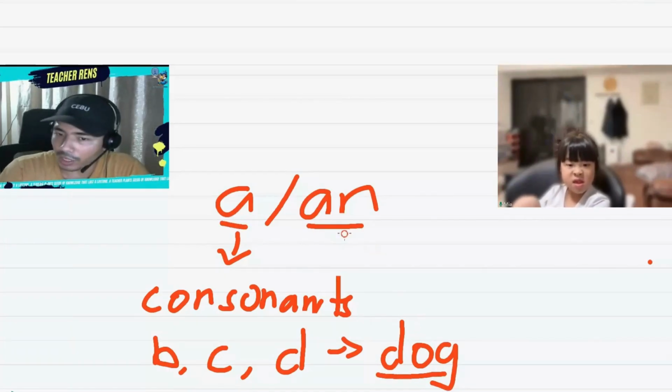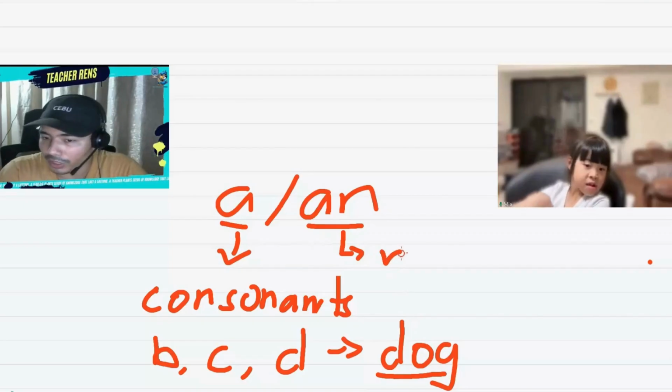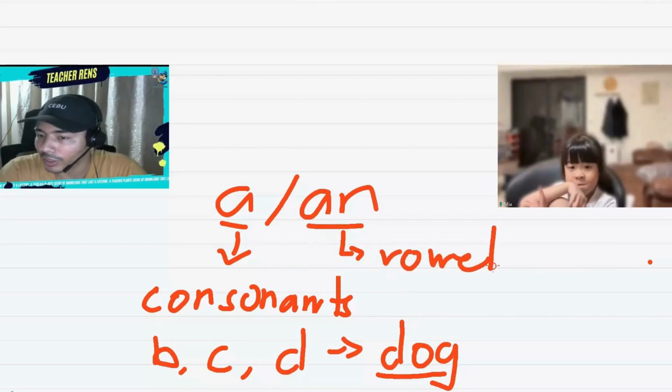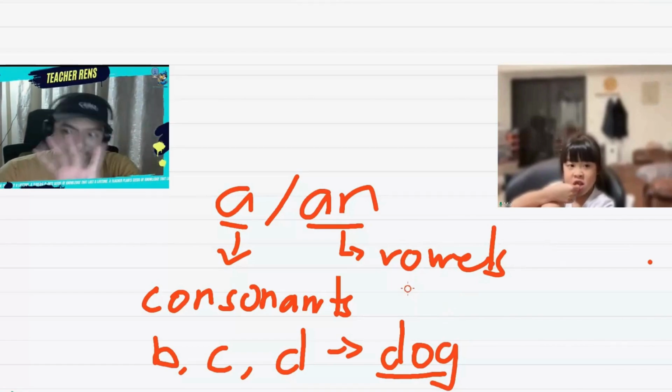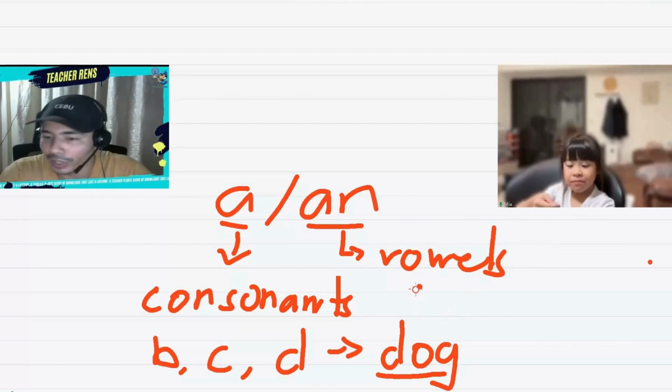But for an, we say with words starting with vowels. And what are vowels, Mia? So there are 5 vowels in English, okay? 5 vowels. We have a,